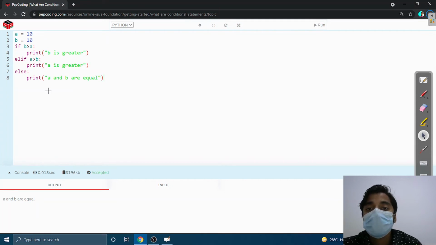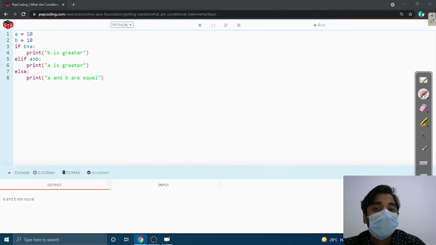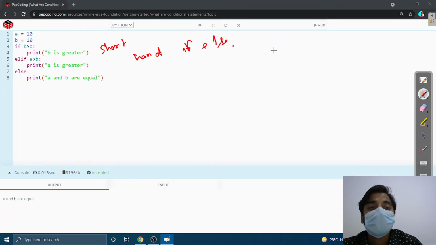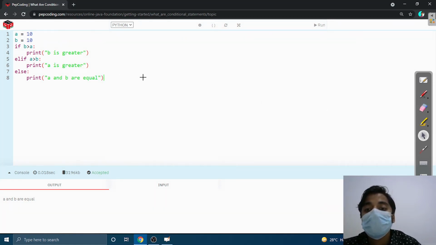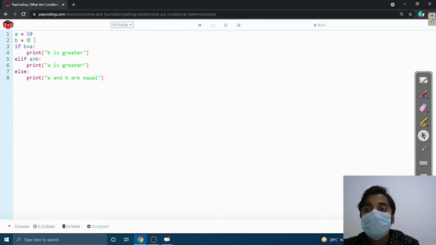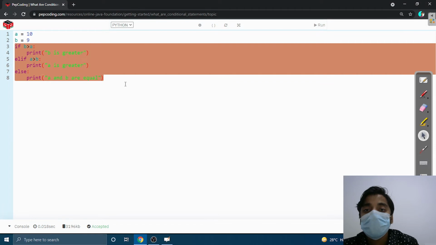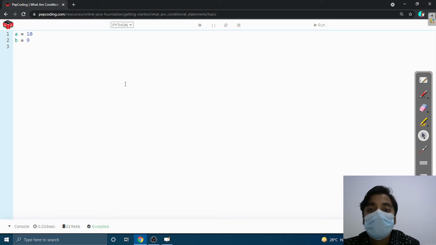There is another if else condition, which is the shorthand if else. Let's see this condition. Let's change the value of b to 9. The shorthand if condition will run like this: print a.